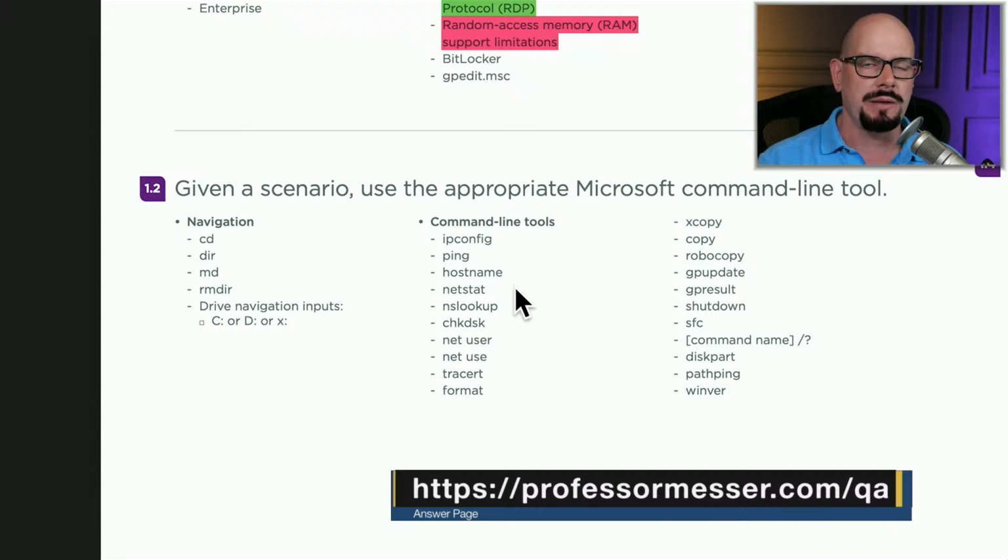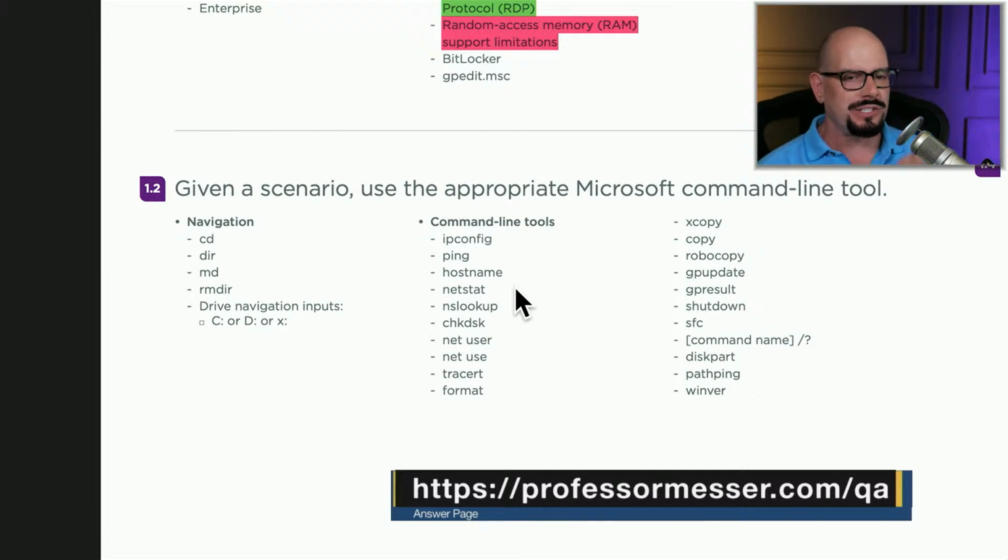The argument I understand people will tell me is that, well, you need to know a lot more to work in the world of IT. Well, yes, and you will learn those things. But right now, we're working on this certification. So we're not giving you everything you need to know in the world. We're giving you exactly what you need to know to complete this task that you have ahead of you. And I think this is a very good representation of that.